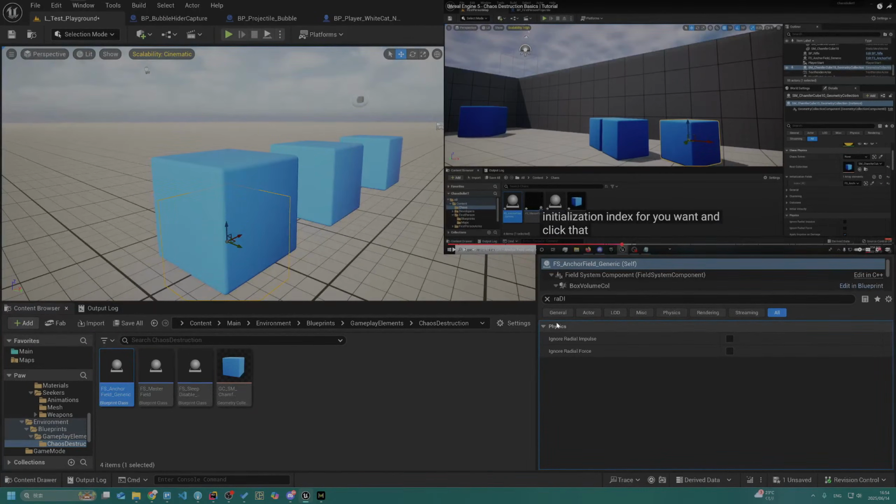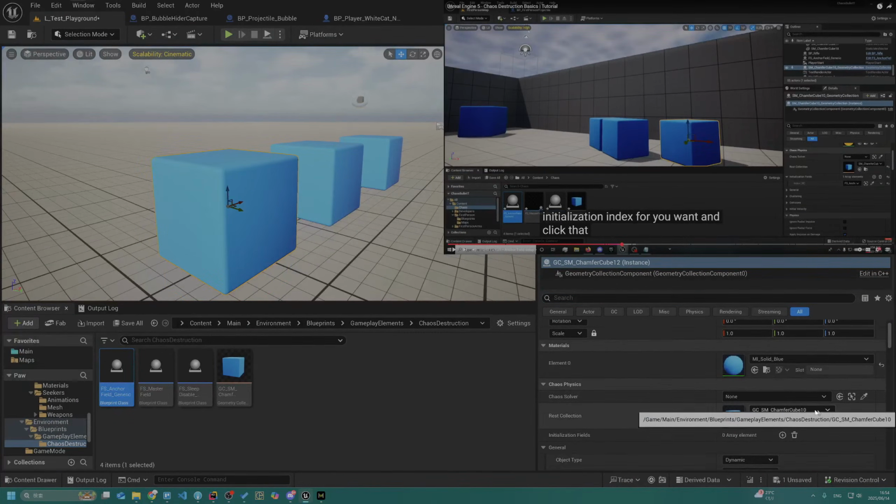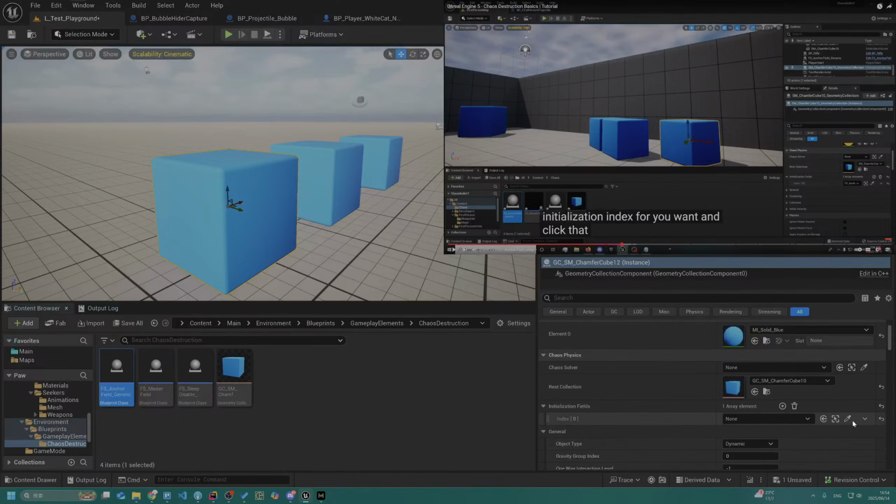Anchor field. Initialization field. Anchor field.